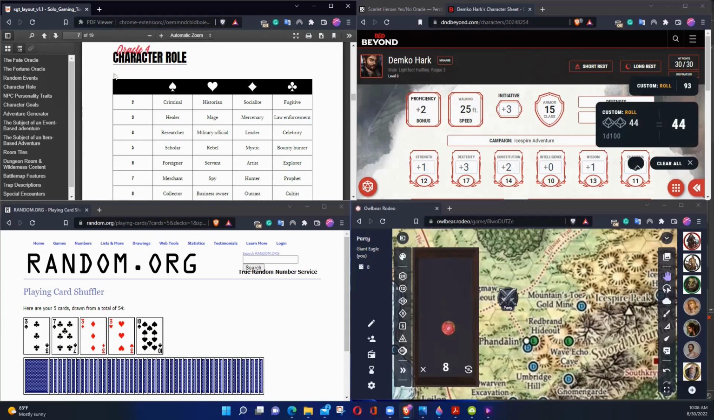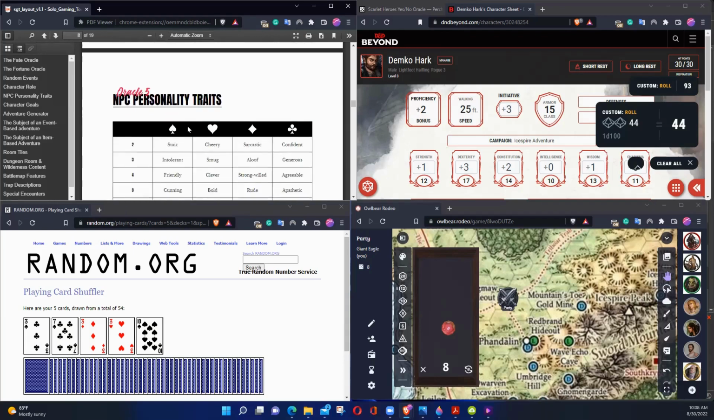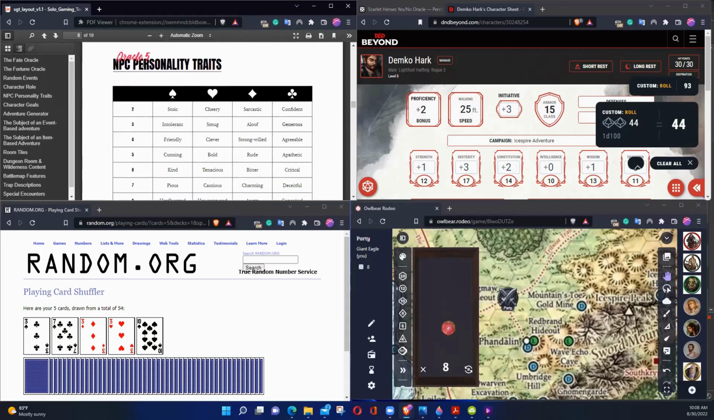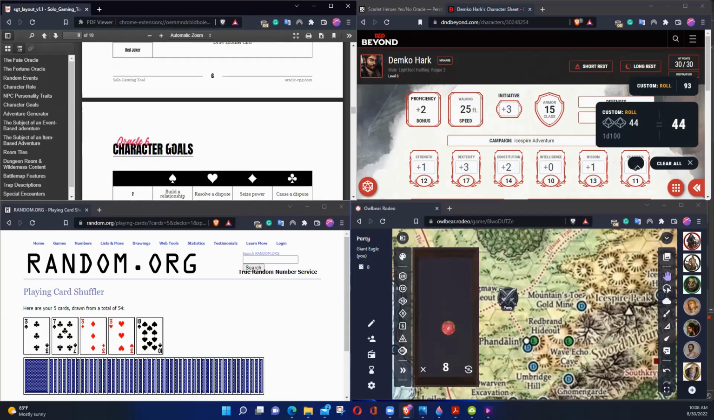So what is your NPC? What's his role? In this case, I got a 3 of clubs, which tells me it's law enforcement. Okay, let's jot that down. Law enforcement. NPC personality trait: let's do 7 of clubs. Deceitful. Ooh, it's gonna be interesting. Deceitful law enforcement, and then we go to